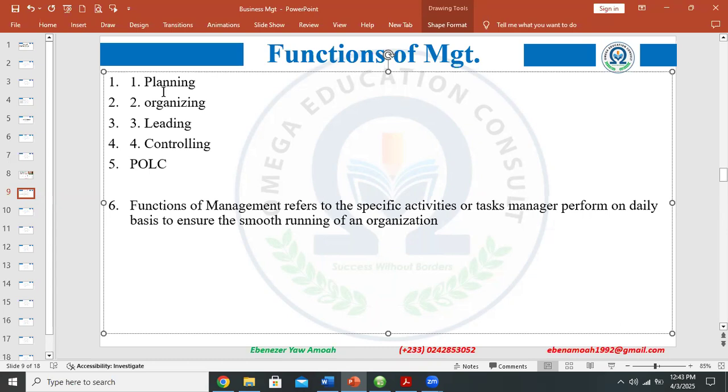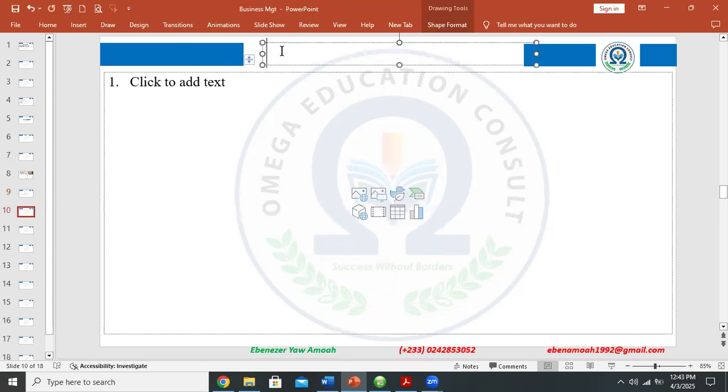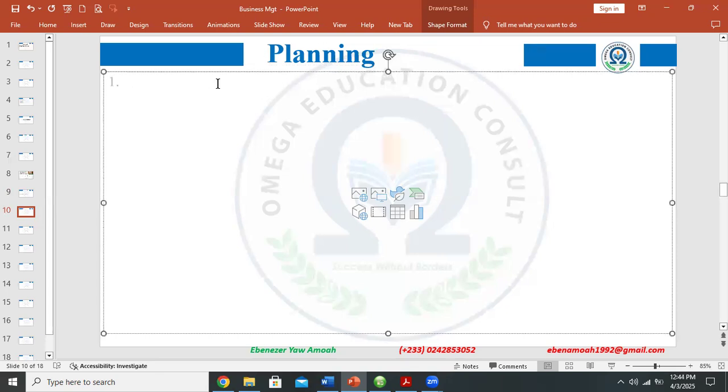So like I've indicated, these are the four: planning, organizing, leading, and controlling. What is expected of us as business management professors is to digest each of these four basic functions. So of course, the first one is planning. Since you have already done the presentation, I'll only hit on the major themes, okay? But along the line, if you have any question, please you prompt me and ask the question.